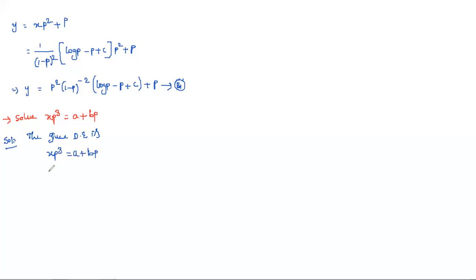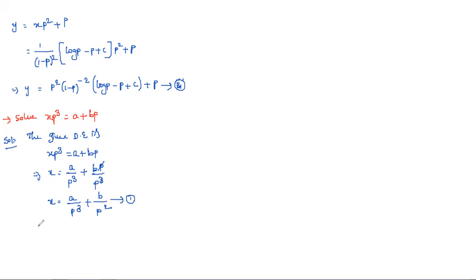Now what we require is that x only should be on the left hand side and all remaining terms go to the right hand side. So for that, take that p cube to the right hand side. Then simply we can write a by p cube plus bp by p cube. So that implies x is equal to a by p cube plus, here one p cancels, and what about the remaining, b by p square. So x is equal to a by p cube plus b by p square. Now, is this in the form of this one or not? x is only on the left side and the remaining terms on the right hand side. Let it be taken as equation 1.